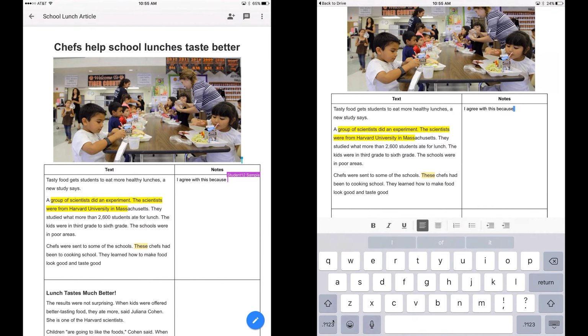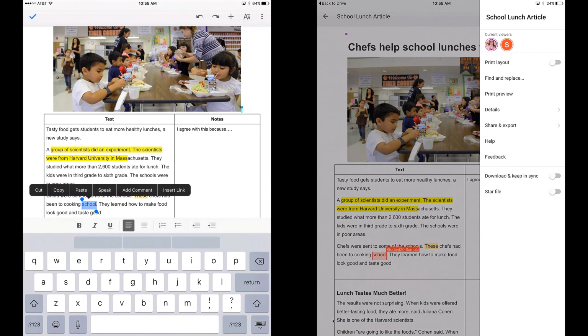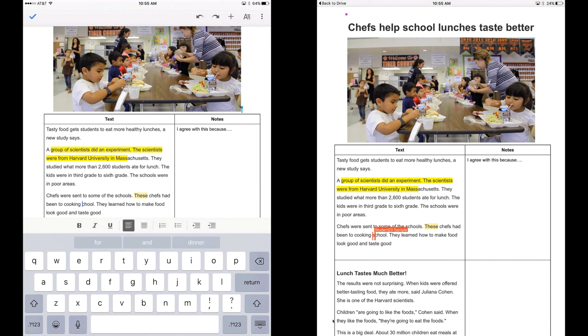There is one word of caution, because this is editing. Go through all the directions with the students, but there is the possibility that as they try to highlight, they can accidentally delete, whether it's deleting a word, a letter, a sentence. So just keep that in mind. But there is also this undo button up at the top that if they realize it, they can just hit undo and it comes back to life. But just a word of caution there. But that shouldn't keep you from trying this because it's really, really